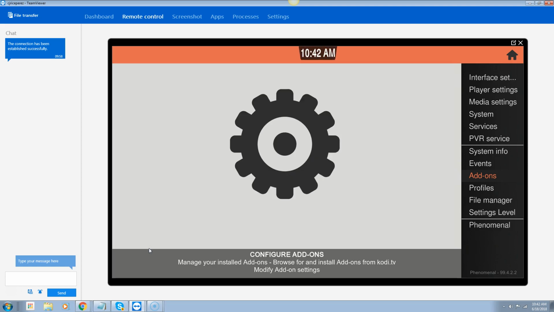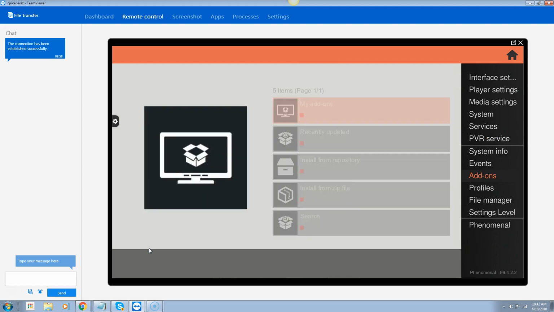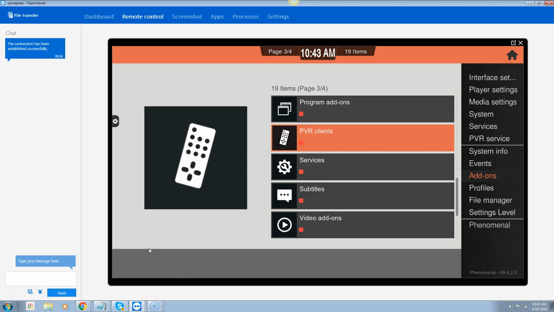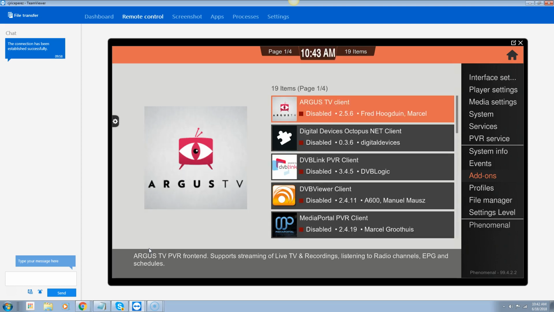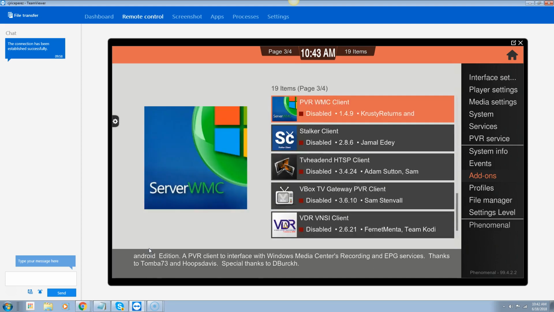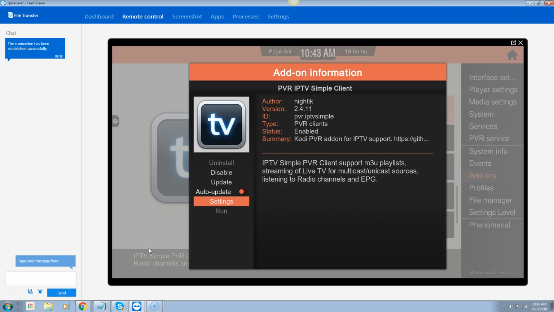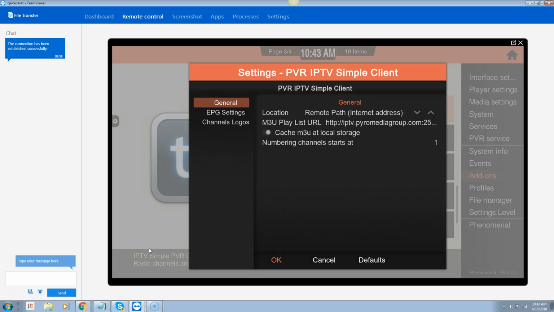The only thing left for us to do now is to go into our PVR client. And for that, we're going to go back down to our add-ons again. We're going to click on My Add-ons and our PVR Client. So we're going to go up to the IPTV Simple Client, which is the one that we linked to. We're going to go down to our settings. And for the